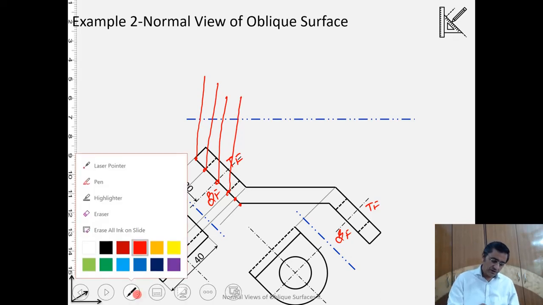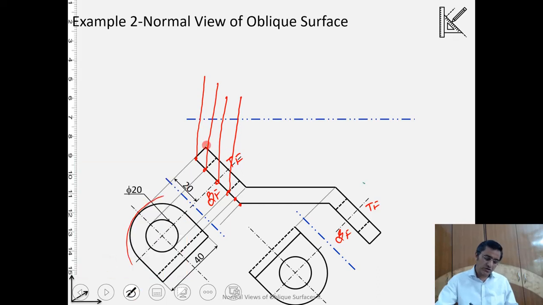Similarly, the same shape is also being projected onto the top face over here. So corresponding to the point 4, I have a point 4 on the bottom, similarly point 4 on the top. So from here also I can draw the projectors.